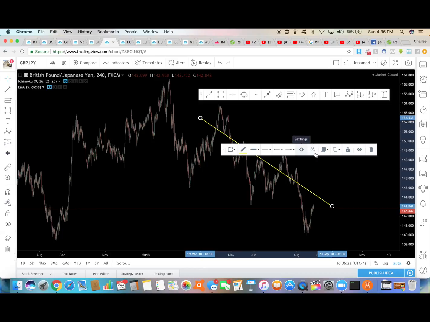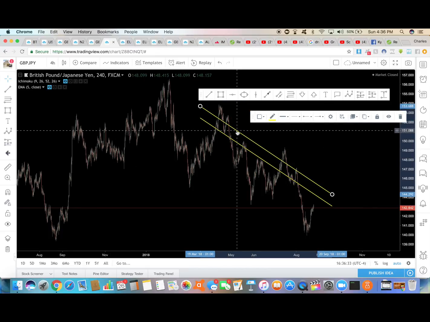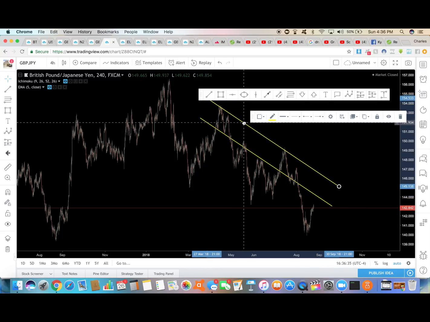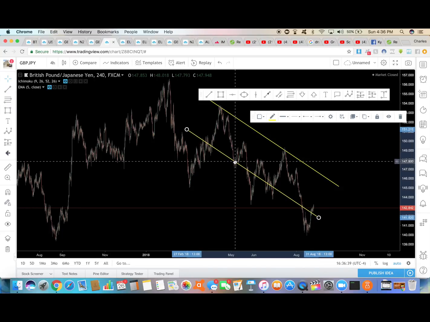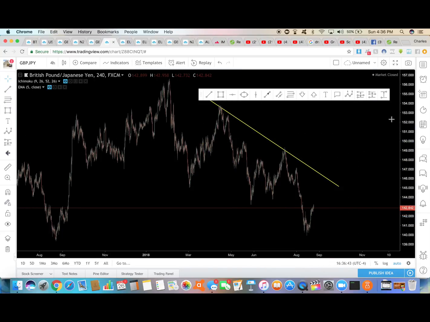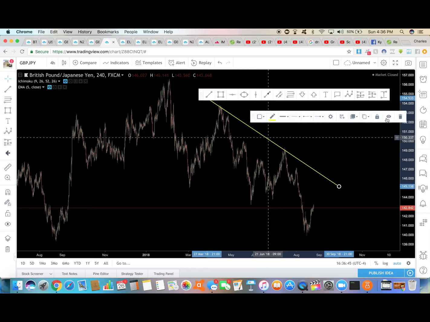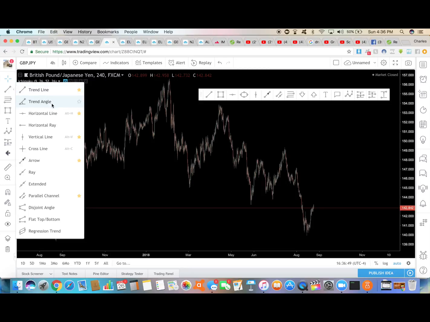You can clone the line, all right, which is a very nice tool. I used to clone my lines, but now I'll show you a different tool that makes it easier. Instead of cloning a line and dragging it exactly where I want it, there's an easier way to do that. And I'll show you how to use that tool in a second. All right, but I'm not going to go over every single tool, but really what I want to show you